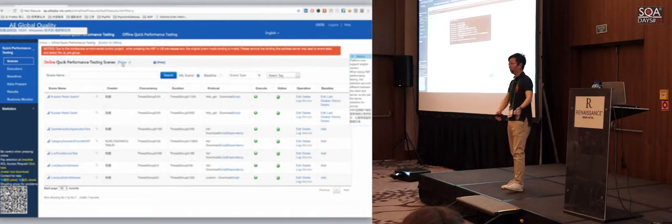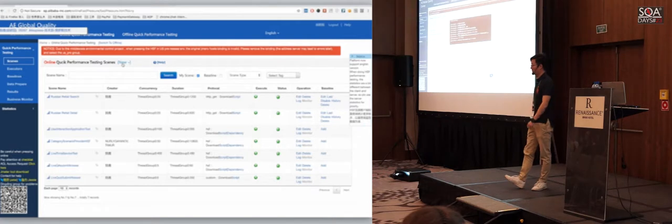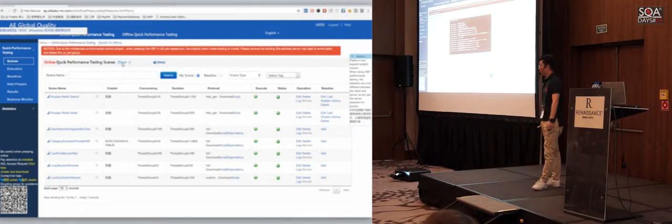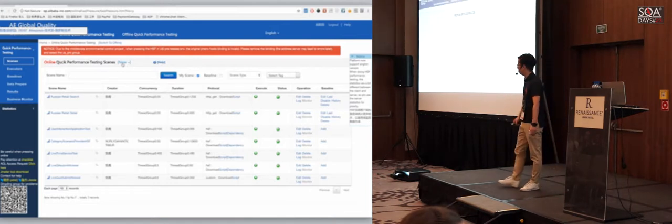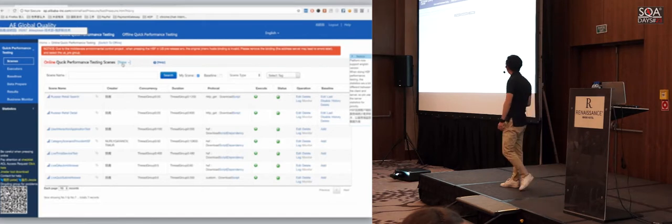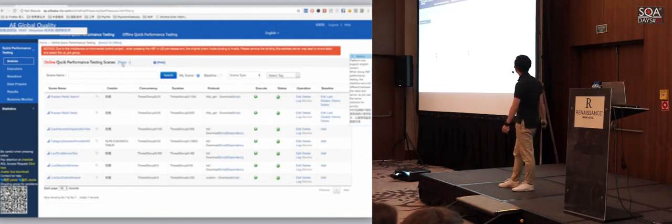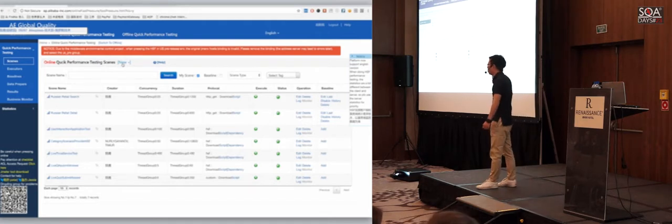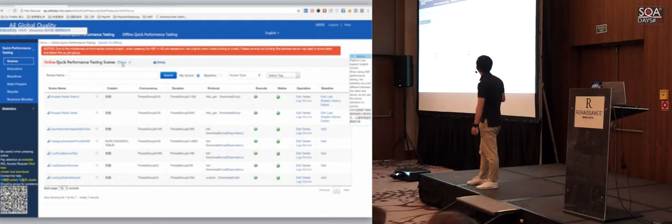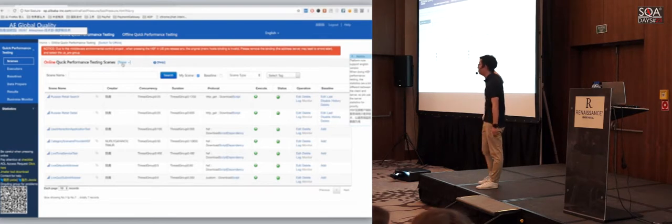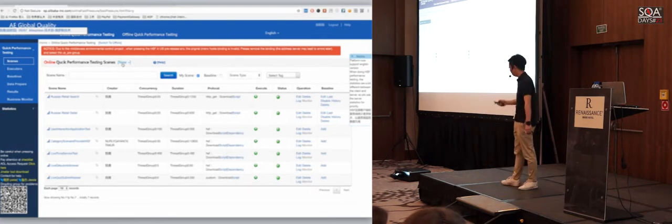And we can analyze the data from the platform, to see if it achieves the target or we need to optimize it. Here we can see the trend of our performance data. In this record, I only executed about 20 seconds, just for demonstration.